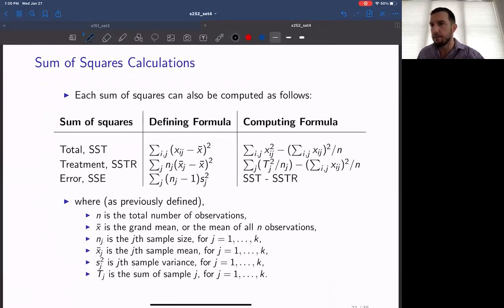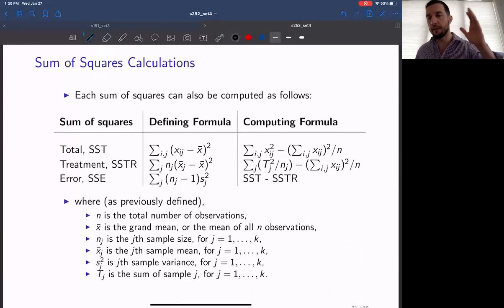Just trying to think if there's a situation where you're going to be forced to go through the ringer with this. I think there might be for a randomized block design, but the point is that if we have to do it by hand, this is how we would go about doing it. And for the SST